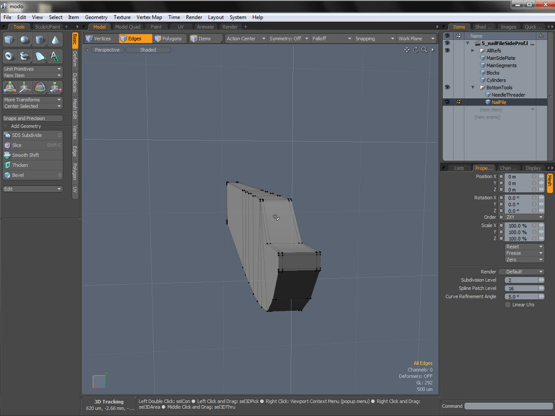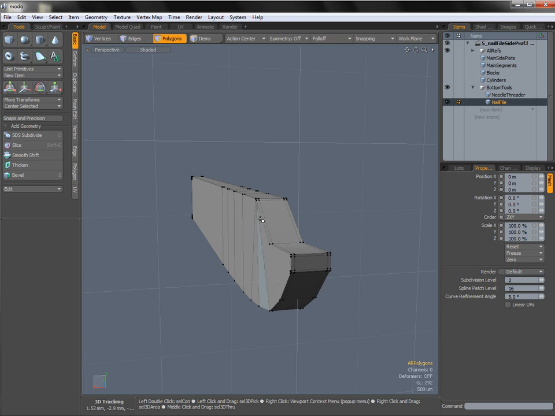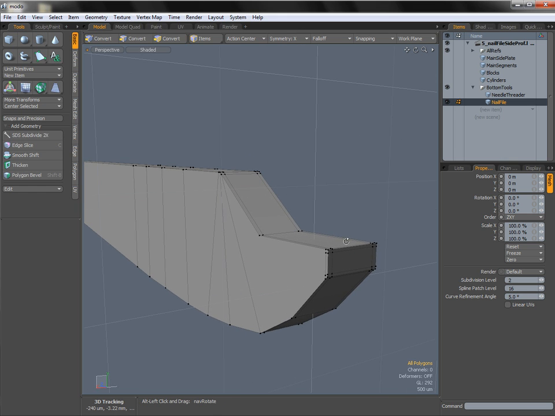So I'm just going to go to poly mode, double click our entire mesh to select all of our polygons, come up to the basic tab and click on Center Selected X. Although this hasn't noticeably moved, it might have moved a tiny little bit, and that would be enough to throw off our symmetry. Now that we know this is on the center, we can come up to symmetry and turn on X,